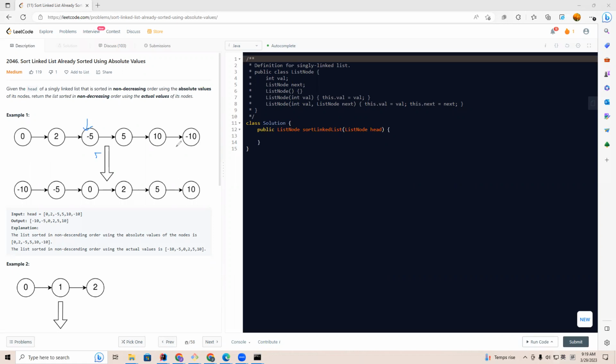So 5, 10, -10. Right? So we need to sort from the smallest to largest. We'll see this has an increasing trend, and if it is a negative one, if we meet a negative node, it has a decreasing trend,